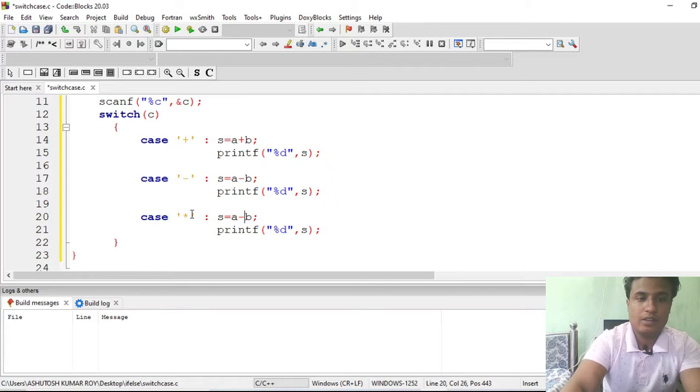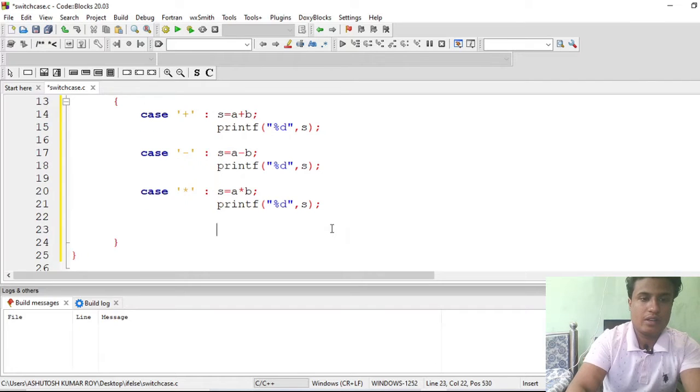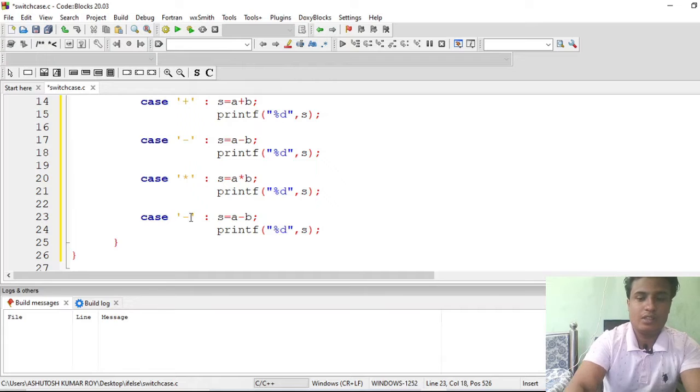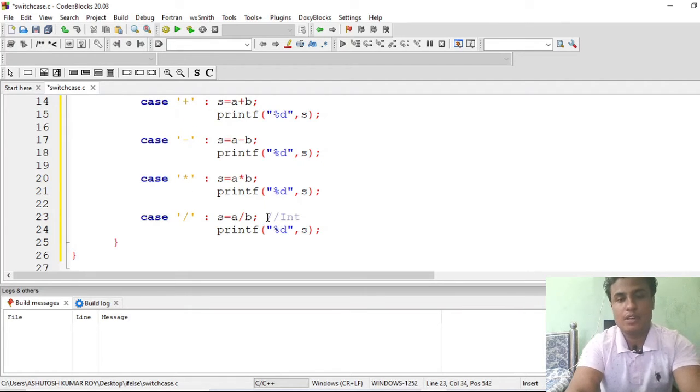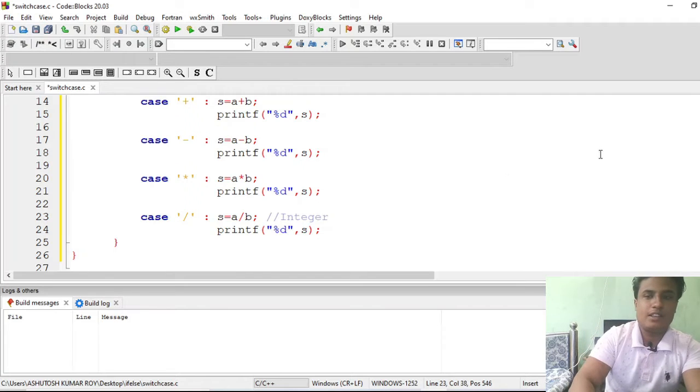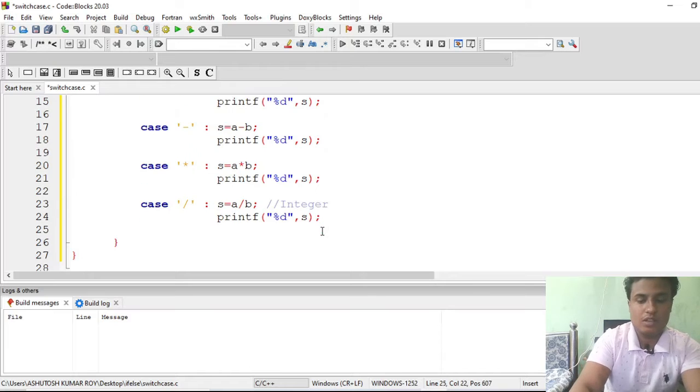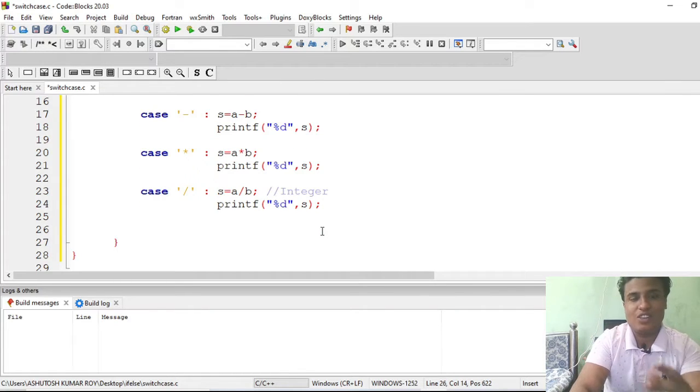Multiplication. Now our next case is division. Remember, it will return only an integer value, because we are defining the variables as integers. Now let me put a default case also. Suppose none of the cases hit and the user, out of curiosity, enters something else. So let me define a default here.